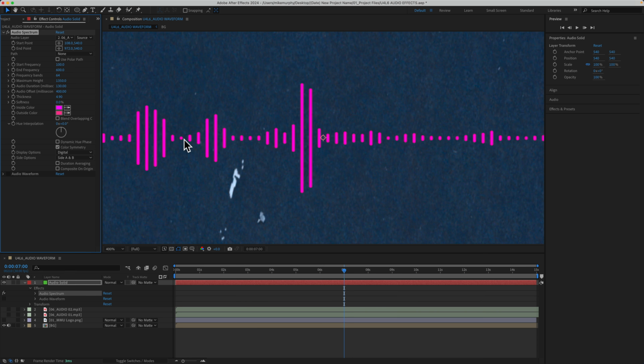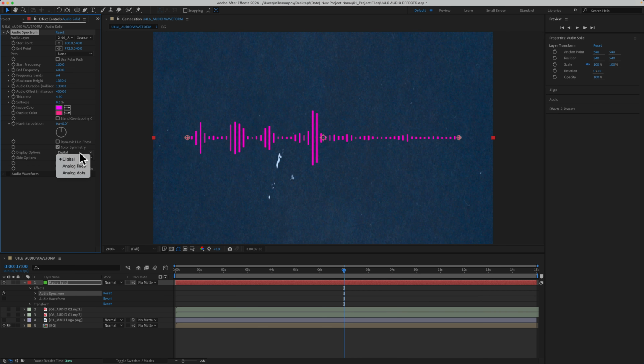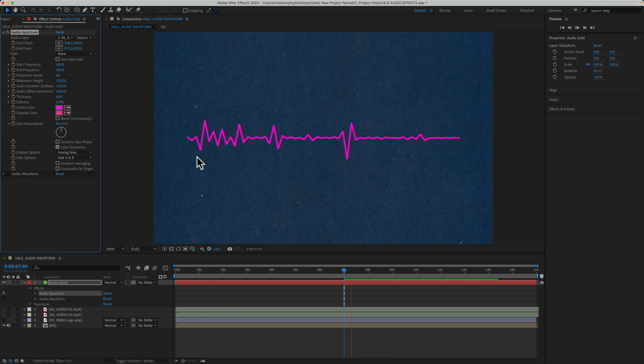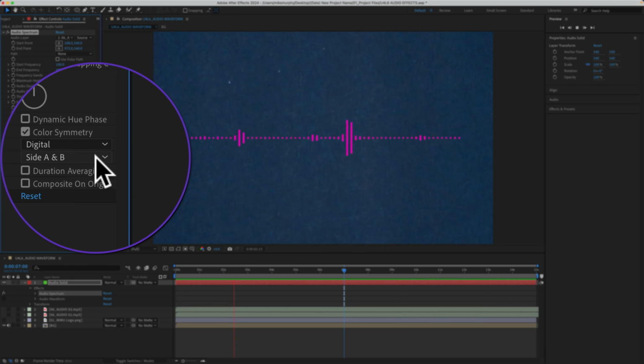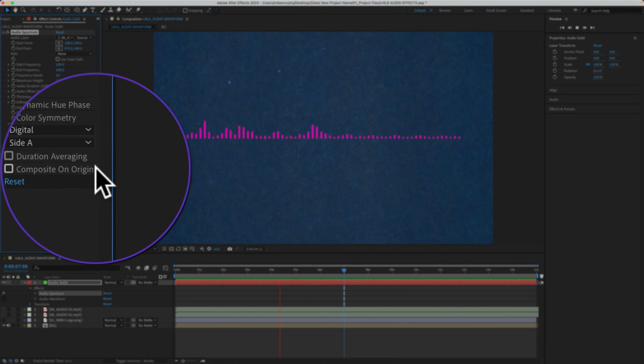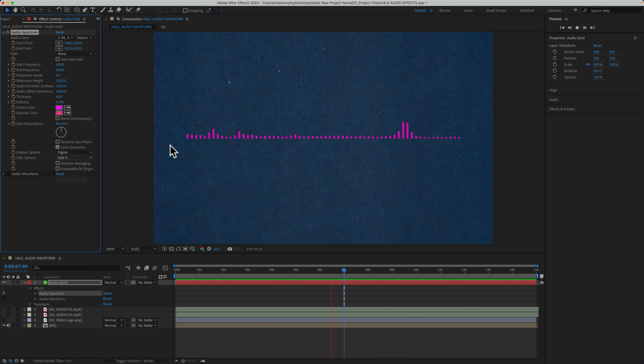If you go to display options, it's currently set to digital. You could change it to analog lines to get a totally different look, or you could change it to analog dots. I'll go back to digital. There's also side options. So maybe you want it to look more like an equalizer. You could change it to side A, or change it to side B